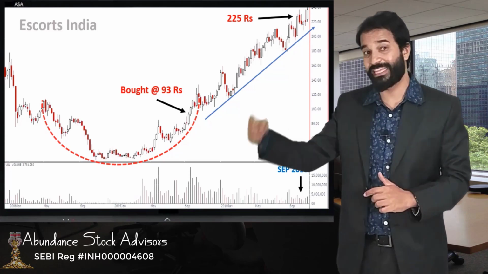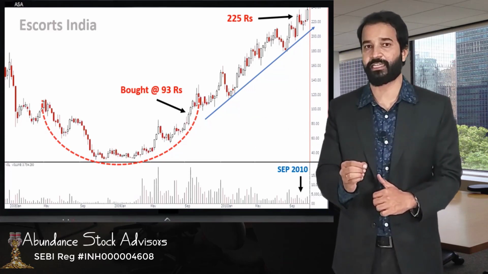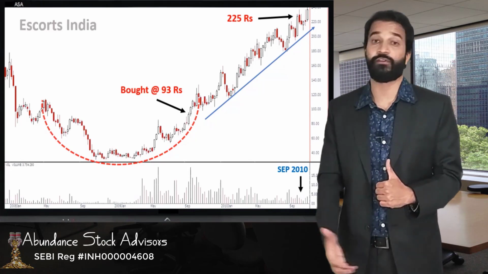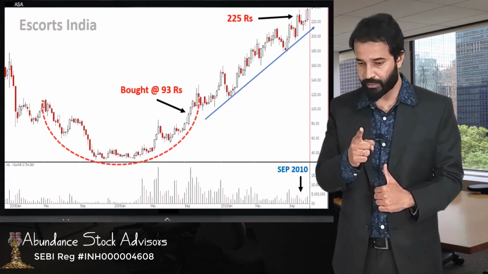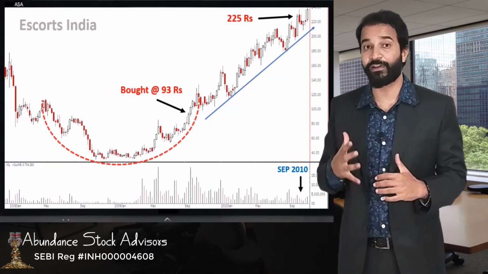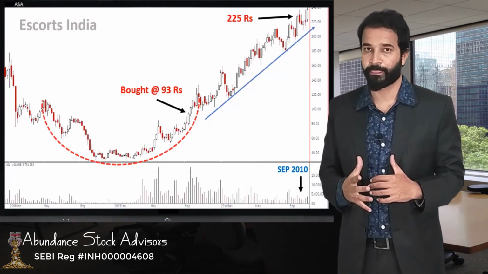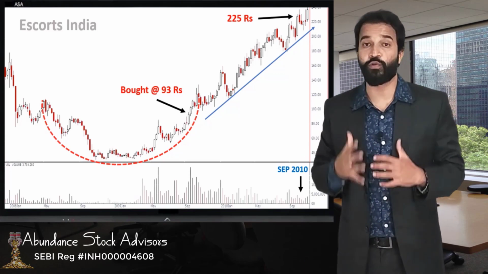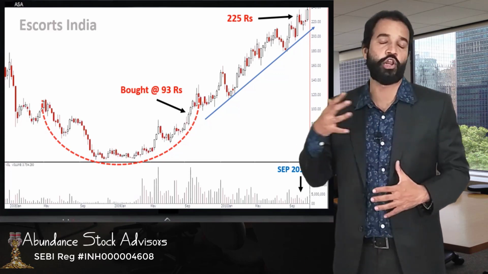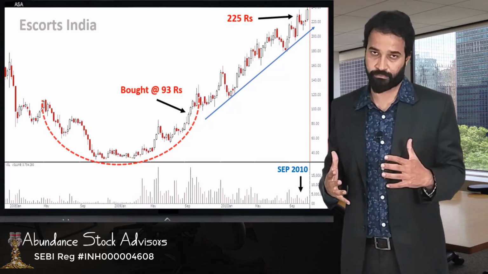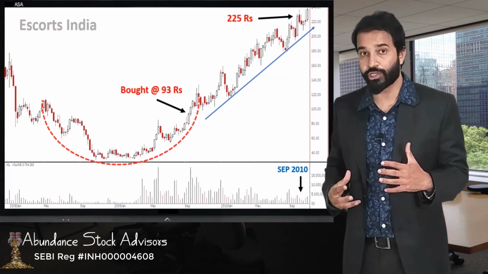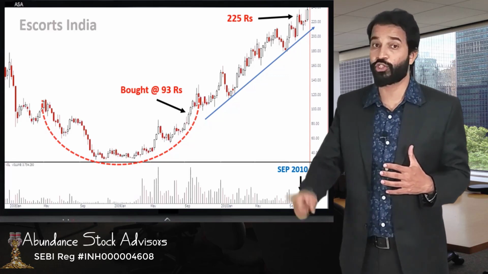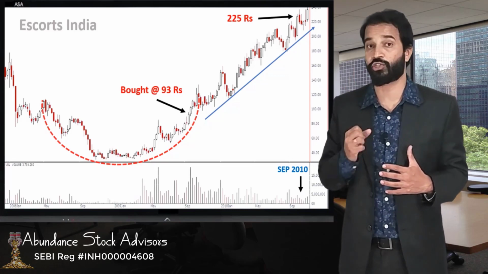Our experience with this pattern has been extremely fantastic. Most of the times when we have recommended a stock based on this pattern, it has fetched huge money to our clients. So this is definitely a reliable pattern to follow. But remember that along with the pattern, you also need to research the fundamentals and a lot of other technical parameters. Making a decision only based on the pattern is not 100% correct way to pick a stock for buying.